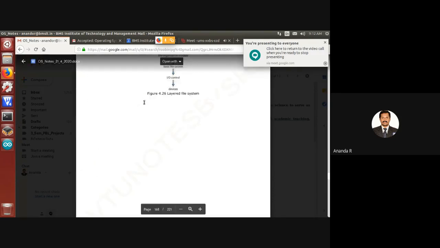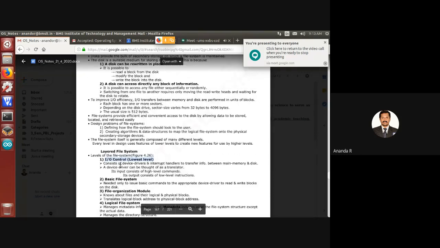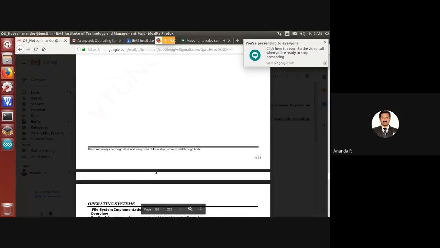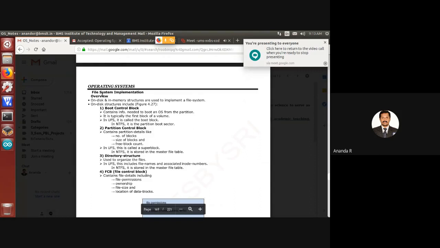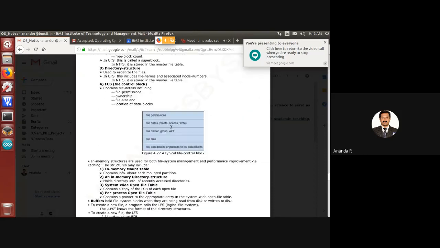Okay, so we studied the layered file system. So now we go for the file system implementation. Inside the file system implementation, the overview is that on-disk and in-memory structures are used to implement the file system. So we can implement the file system on the disk, and we can implement the file system in memory. Okay, so the on-disk structure includes, showing the diagram for example 2.7,